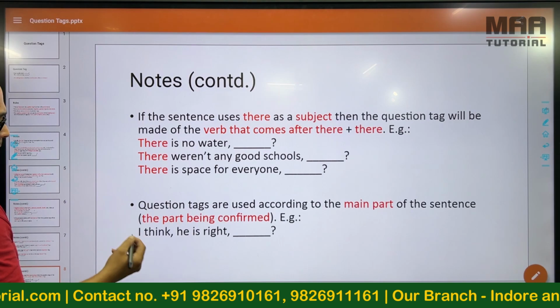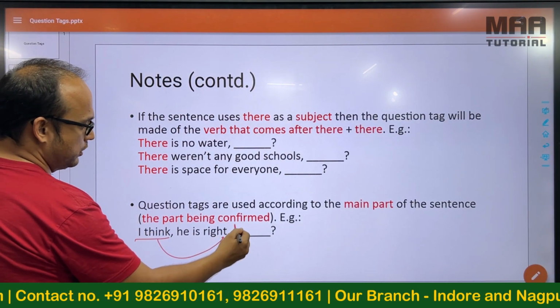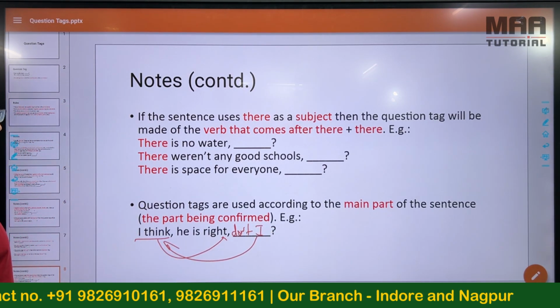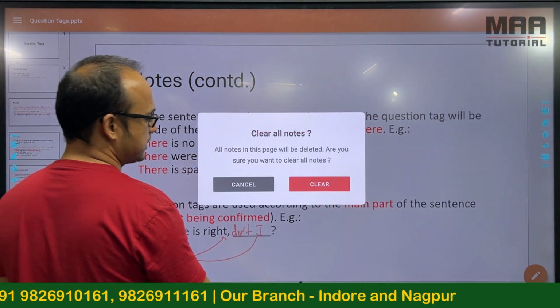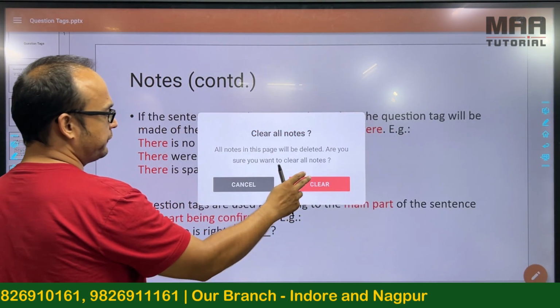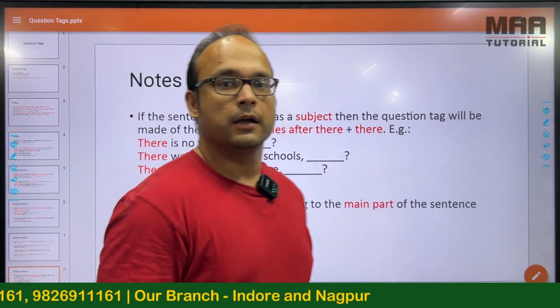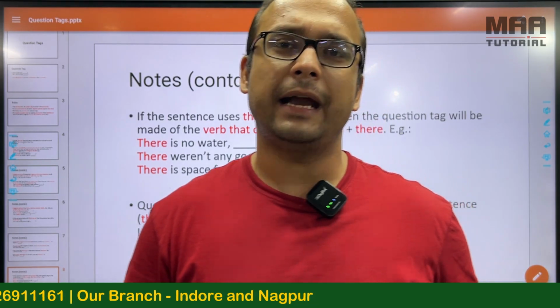Here, if I want to make this part the main, that I think, then I will say, don't I? So now I'm questioning this part, which doesn't make any sense. I think he's right, don't I? I'm asking myself that, do I think he's right, or don't I think that he's right? So whichever part you want to confirm, the question tag will be according to that part. Very easy chapter. All you need to do is practice with a lot of content,